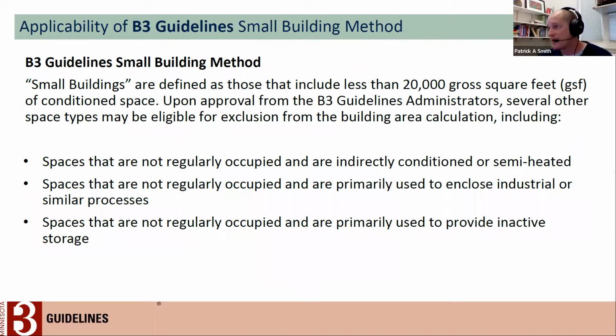Okay, so just to step through this, the B3 guidelines small building method, and again, this is B3 guidelines as differentiated from the SB 2030 program. B3 guidelines is the broad building related categories, and the SB 2030 target is specifically related to energy efficiency and energy target setting. So for the B3 guidelines method, we are looking at a 20,000 square foot threshold for gross building area of conditioned space. And there is a gray area that would need to be discussed if you have spaces that are not regularly